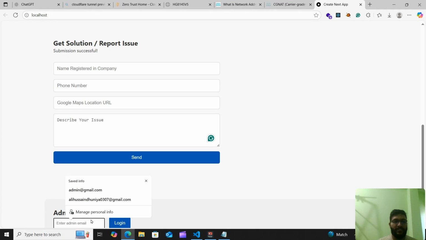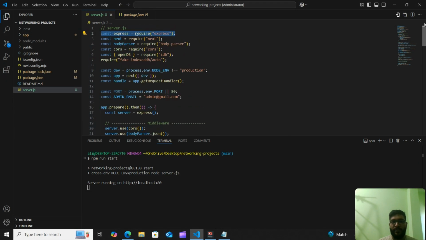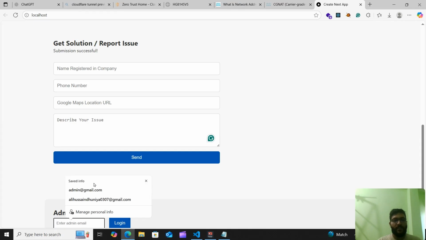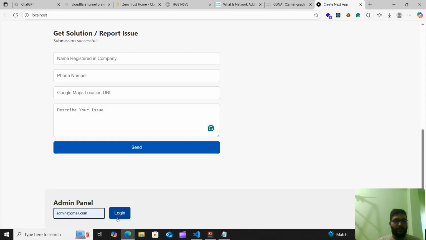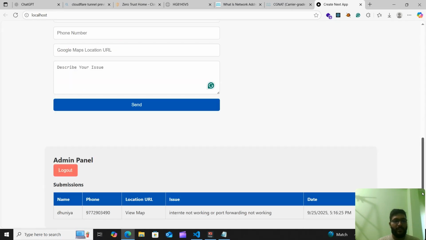And who can log in to this admin dashboard? Not everyone, but I have hard coded, just to show you, that only admin@gmail.com can log in. So if you know this, then you can log in to this website. So if you click here, and as you can see,